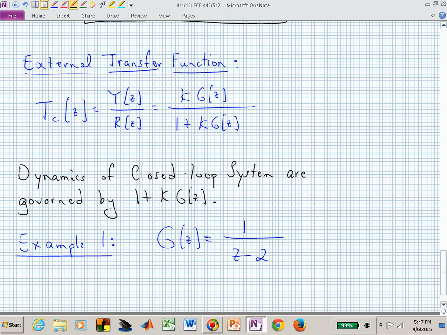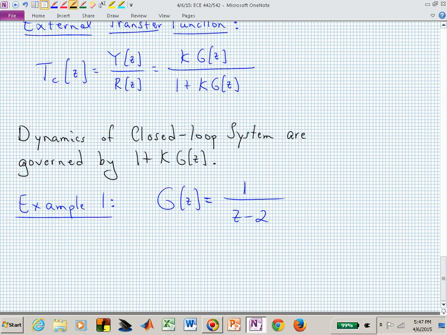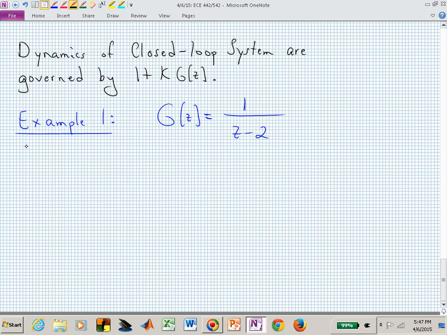That's actually why I kind of like to start with the Ragazzini approach, because now that forces you into what poles should I pick for T sub C of z. Now you are going to start looking at ways of doing that for particular systems. Let's start with an example. Sometimes it's easier to just think in terms of examples. Suppose we have a system that's given by G of z equal to 1 over z minus 2, and again we're assuming